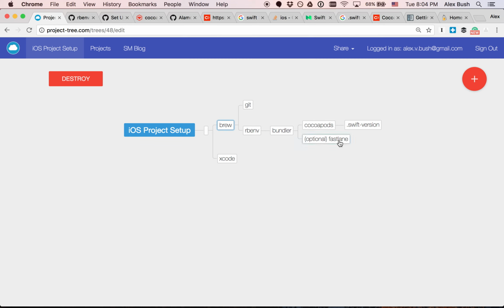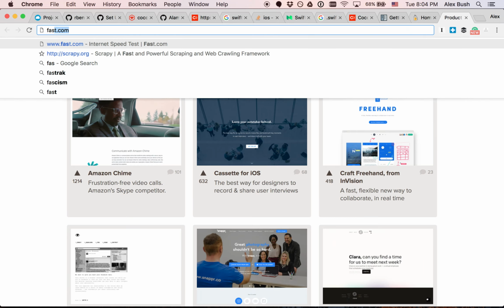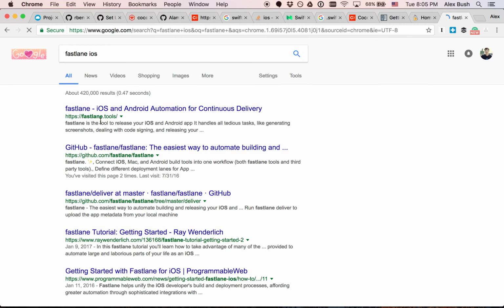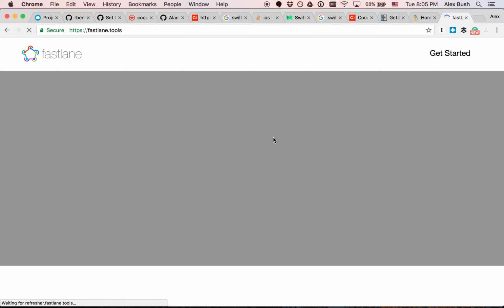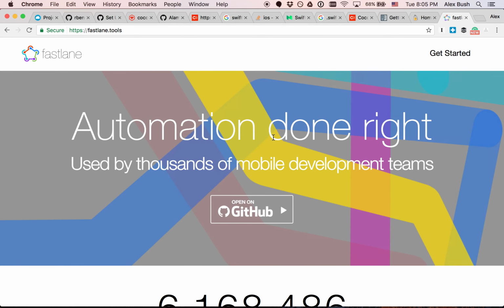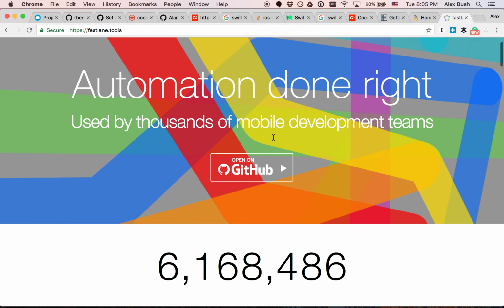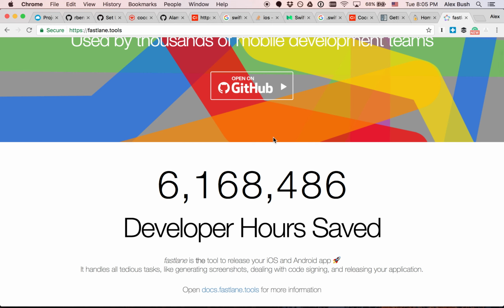Fastlane is an incredible tool for deployment and lots of different automations. It's fastlane.tools. Check it out. It's actually a collection of gems, and they help with various tedious deployment tasks and automate things like even submitting your new build into iTunes Connect